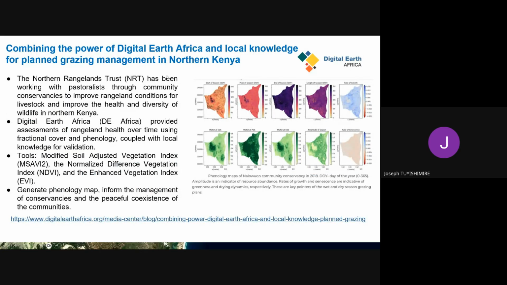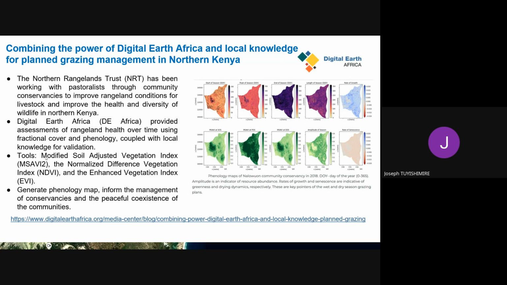Of course, you can also use the platform to understand the rangeland health, as we are cooperating with the NRT in Kenya. This helps us understand the vegetation, the phenology of the grass over time, and this should inform policies related to rangeland management across 22 conservancies in which the Northern Rangeland Trust is operating in Kenya.